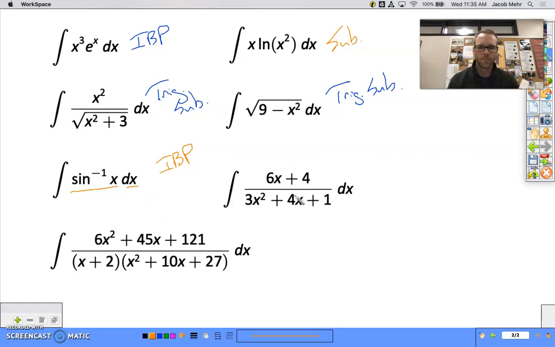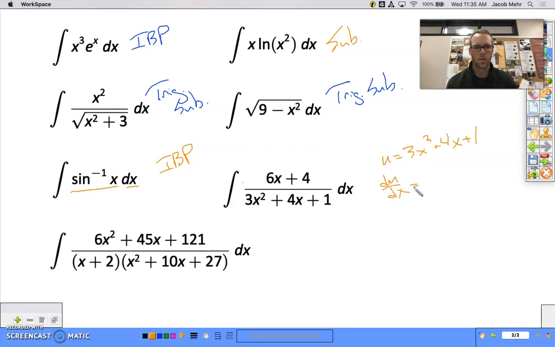All right. Taking a look at this one, we have a fraction where the degree of the denominator is bigger than the degree of the numerator. We can't use division. If this was a cubed up here, we could use division. The degree of the denominator is bigger, so this is probably going to be a partial fractions problem. If I try to use substitution, like if I let u equal the entire denominator,